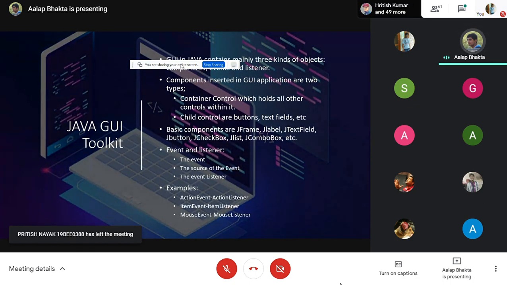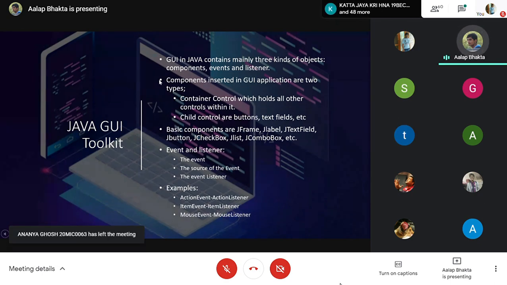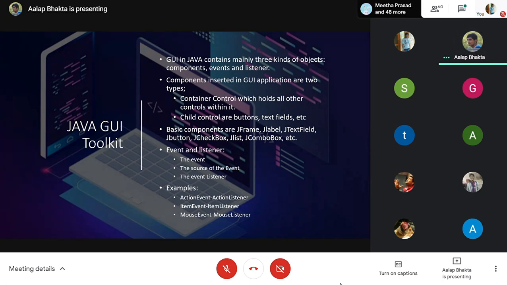So the next thing is the GUI Java components. I defined it earlier. So there are three kinds of things: components, events, and listeners. There are two types of components in GUI applications. The total frame, like a window, is the main top container which holds other components within it, like buttons, radio buttons, checkboxes, and everything.